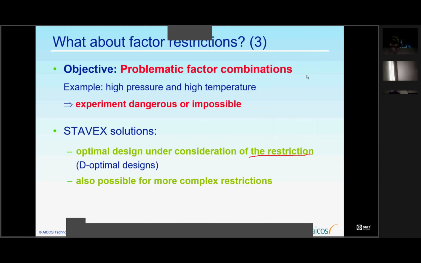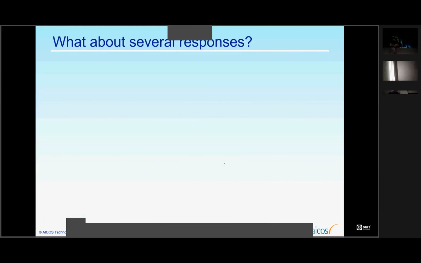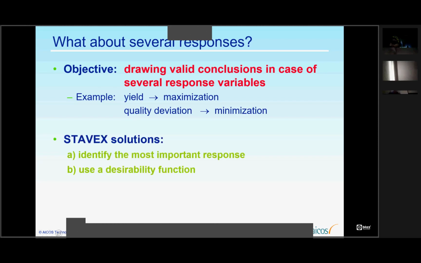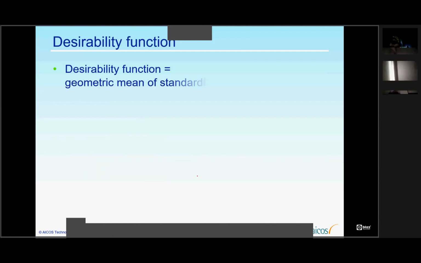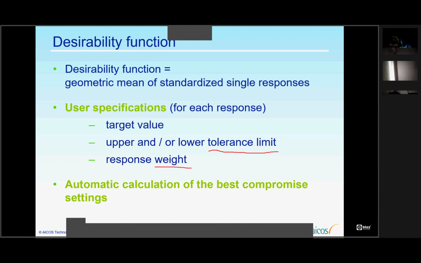And finally, I'd like to mention as well that there's a possibility to take account not only graphically, as we've seen, of several quality attributes or response variables at the same time by using a so-called desirability function. This is an additional calculation that can be made by the software optionally, and once you have said what the specification limits for the quality attributes are, what the relative importance of each quality attribute is, then it calculates for